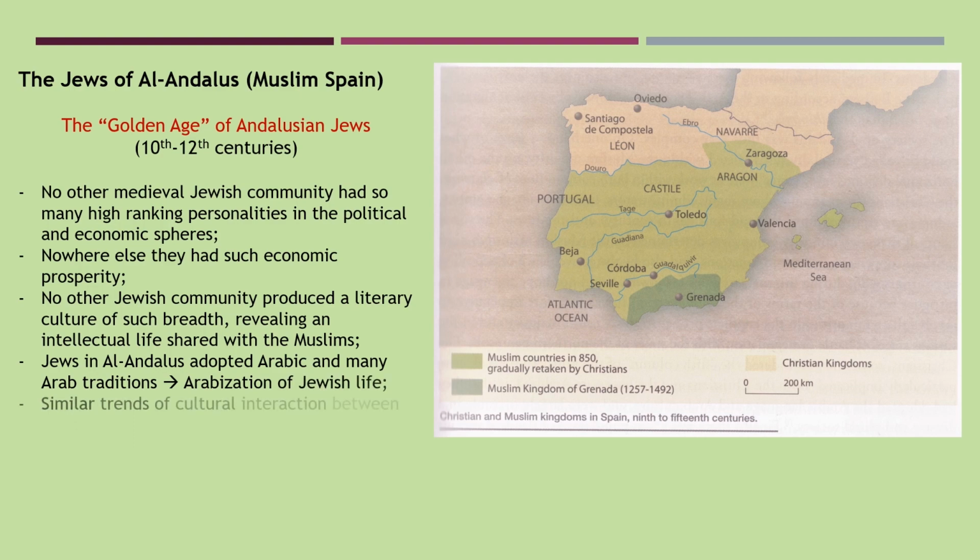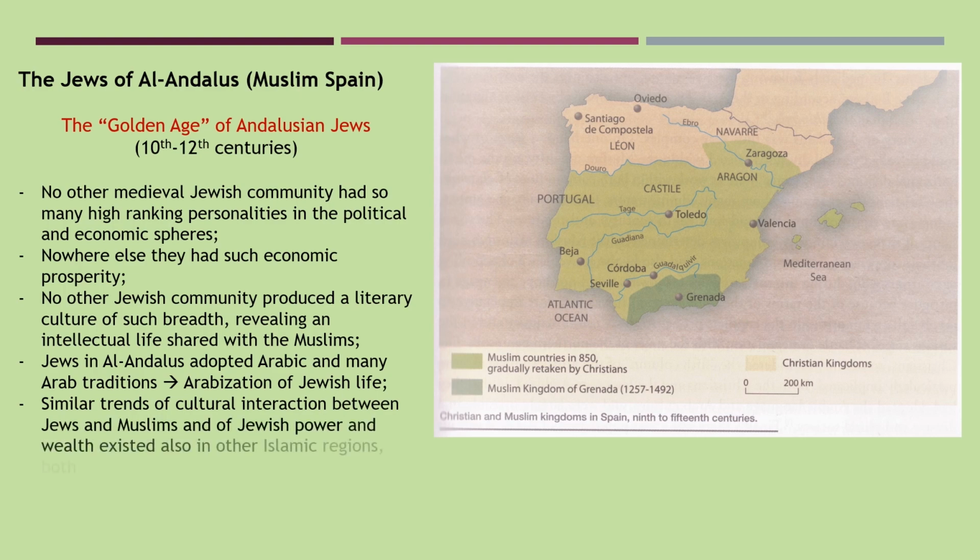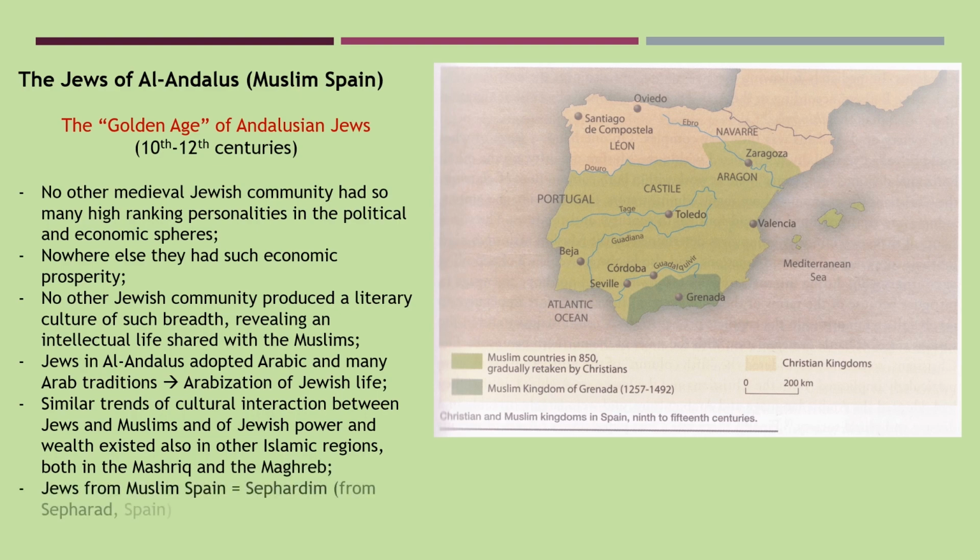in Spain and Portugal. No other medieval Jewish community had so many high-ranking personalities in the political and economic spheres under Islamic rule in the peninsula. Nowhere else they had such economic prosperity. No other Jewish community at that time produced a literary culture of such breadth, expressing an intellectual life shared with